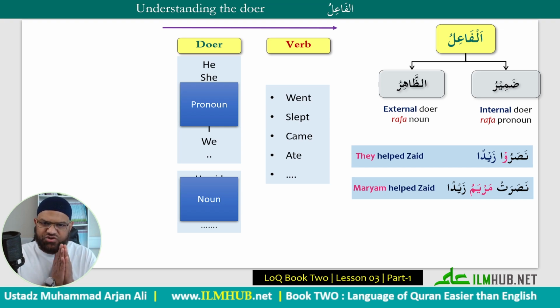And that is the two main categories of the types of ism or asma that can be used in verbal sentences as the doer of the verb, be it the madi, mudare, etc. So point to note here, either it is a pronoun or a noun that is representing, of course, a person, a being, a thing, etc., who has done the action or is doing the action or will do the action. So this is what I mean by the doer. Doer is the person or the being or entity, a person, a thing, whatever it is, a noun or a pronoun doing the action. And in Arabic, we'll have two types, either the pronoun or the noun.